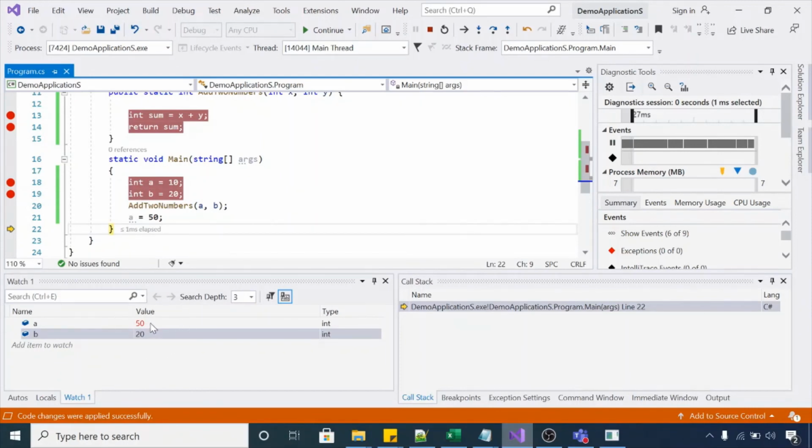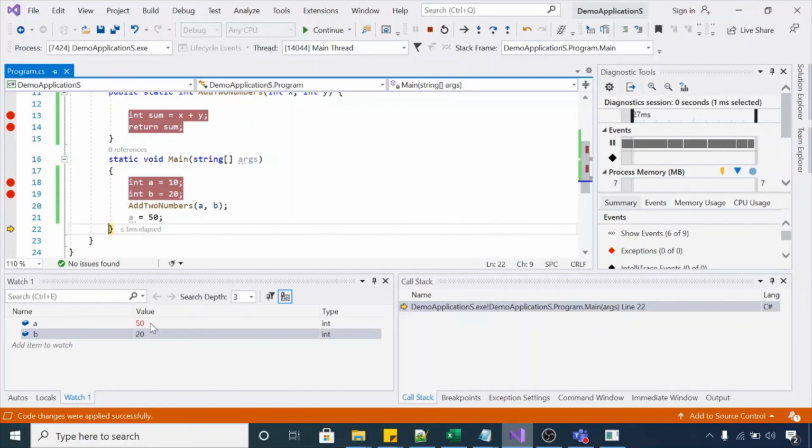So this is the benefit of the watch feature in Visual Studio as compared to the local and auto window. The local window will only display those variables which are in the current scope, method, or procedure. But on the other side, if you want to see the variables throughout your application, whether the values of these variables got updated or not, or you just want to see the recent values of these variables, you can use the watch feature for that. That's all about the watch feature, and you can explore it. If you have any questions, you can ask me in the comment section.